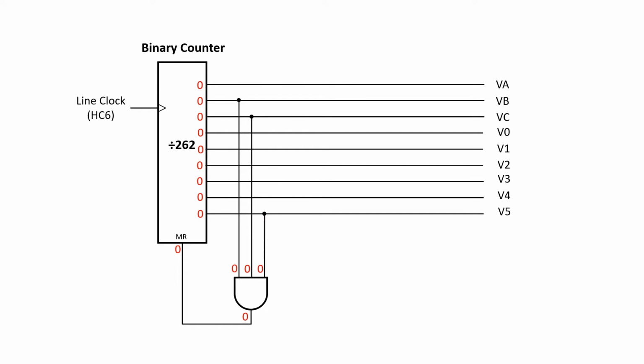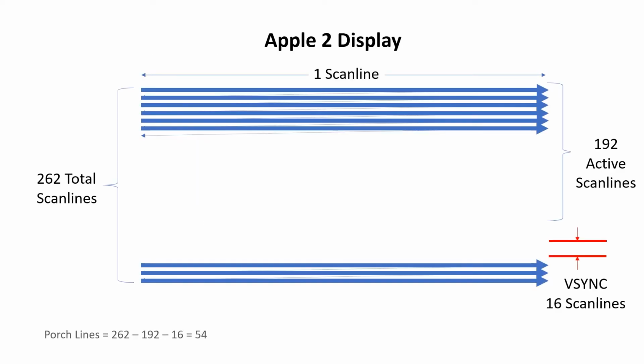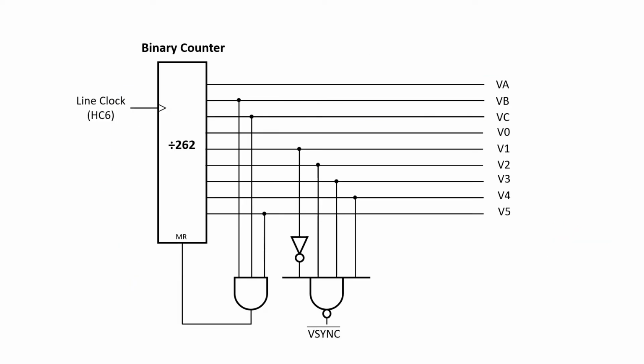Now I need to generate the vertical sync signal. Ideally, I'd like to place this at the center of the blanking period, but if I do the math, this occurs at line 219, so instead I'm going to move the vertical sync signal down to 224, which is E0 in hexadecimal. This will make the vertical front porch a bit bigger than the vertical back porch, but I'm willing to live with that for the moment.